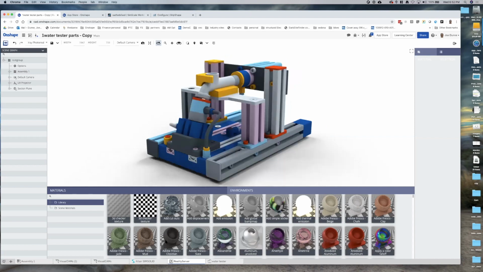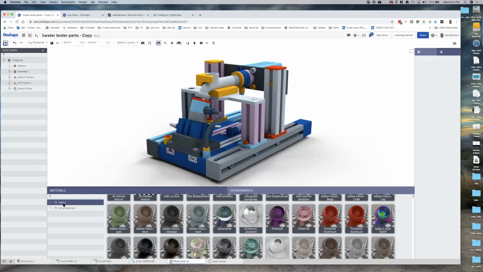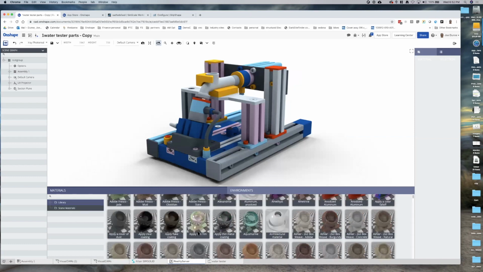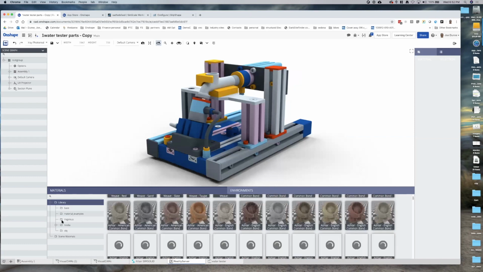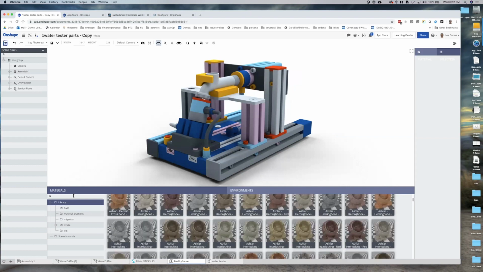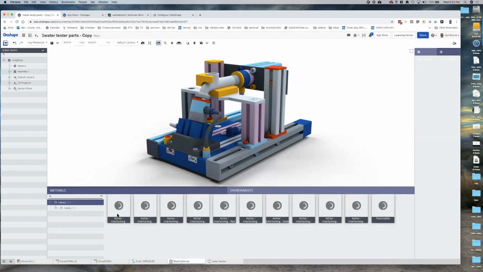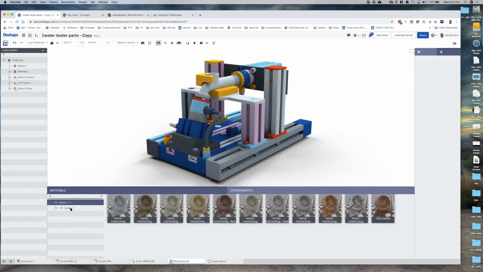So, and then really what you want to do is find your materials and just drag some materials on. Paul, the owner of Reality Server, always tells me you should be using search, but since I can't spell, it's hard. So I typically browse to the materials, and we're going to work on him. There's a lot of little things that we're going to do to